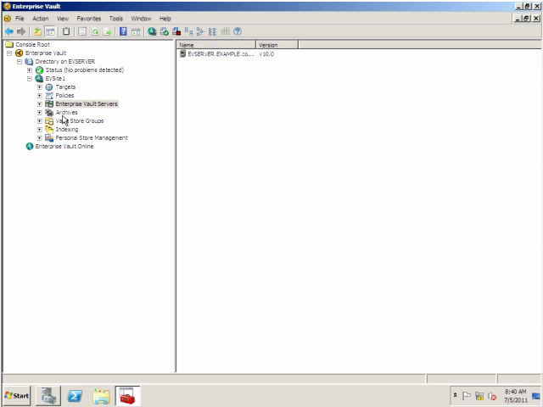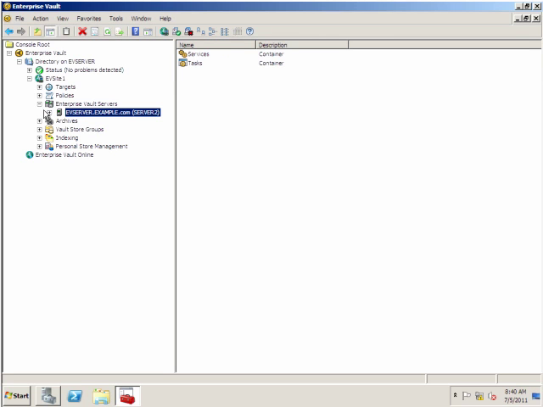In this section of the demonstration, we will use the Enterprise Vault Administration Console to examine and apply all the settings necessary to ensure proper operation of indexing. We're going to start off by looking at the server cache. So I'll expand my Enterprise Vault servers,